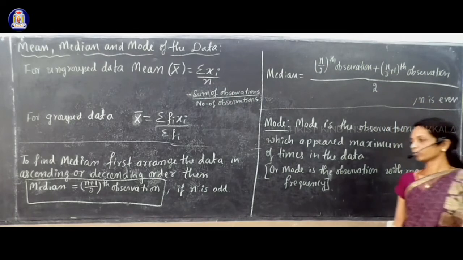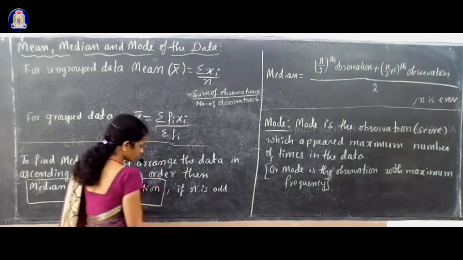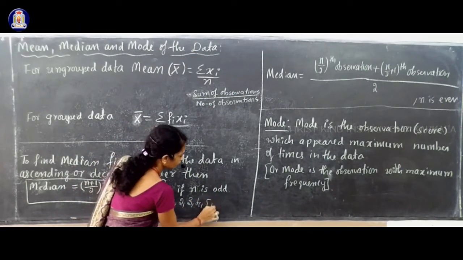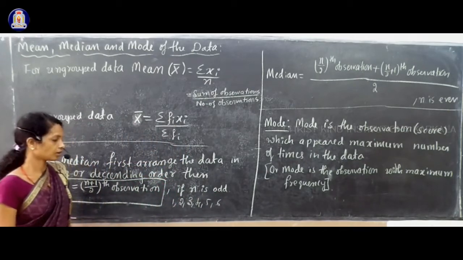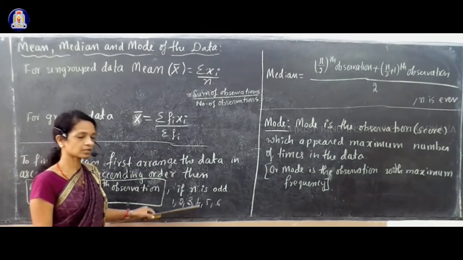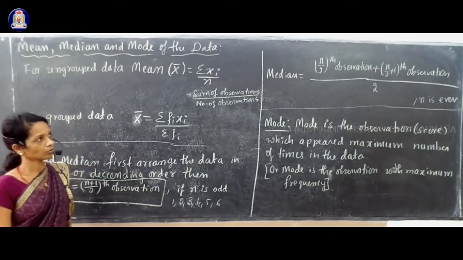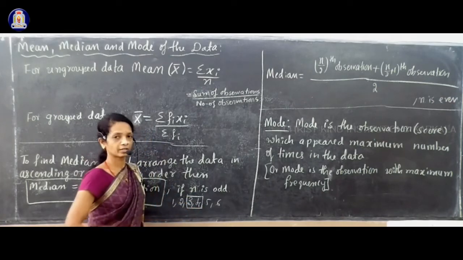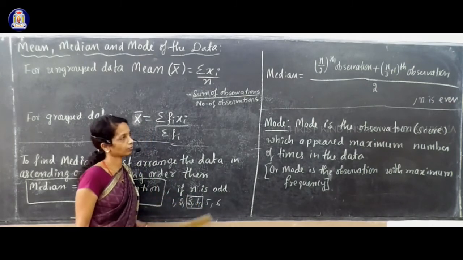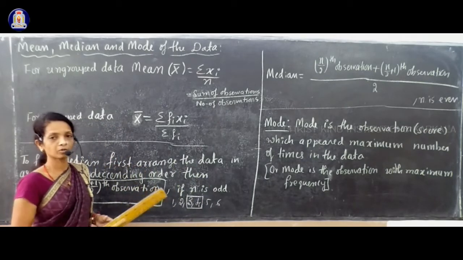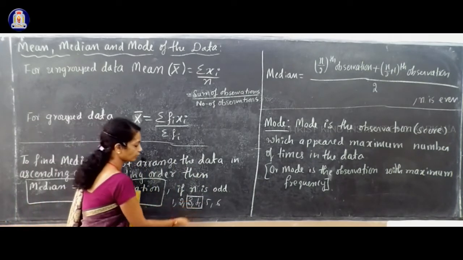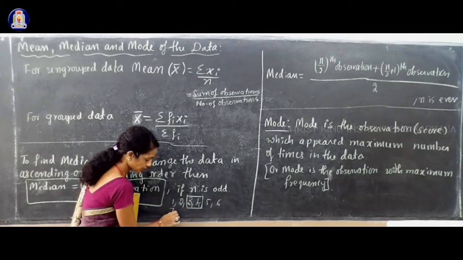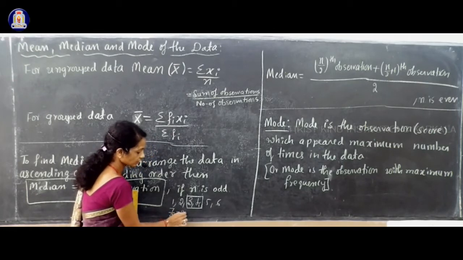That gives you the median. For example, suppose I take an even number of observations: 1, 2, 3, 4, 5 and 6. How many observations do we have? 6, an even number. Which two observations lie in the middle of the data? 3 and 4. That you can easily see if you are given less number of observations. So here, 3 and 4. 3 plus 4, the sum of those middlemost scores, that is 7. 7 divided by 2, that is 3.5.